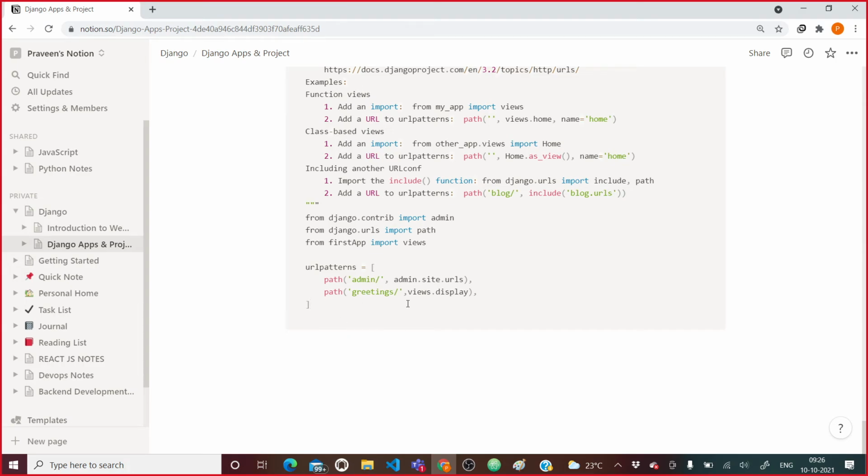So as of now we are just using function based views, right?